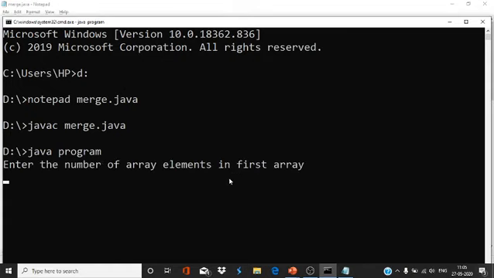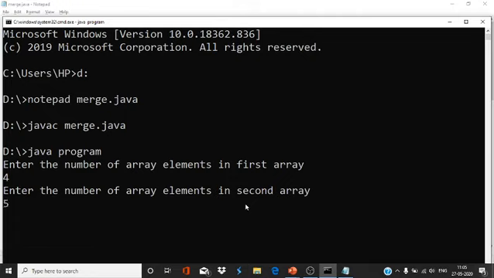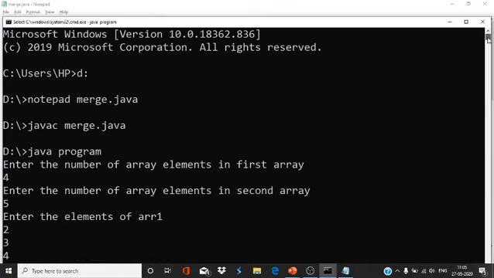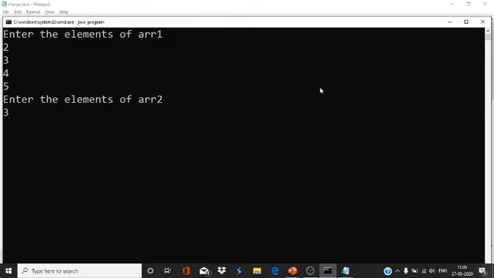Enter the number of array elements in the first array. Suppose I have entered 4. Enter the number of array elements in the second array. I have entered 5. Enter the elements of the first array: 2, 3, 4, 5. Enter the elements of ARR 2: 3, 3, 4, 5, 6.